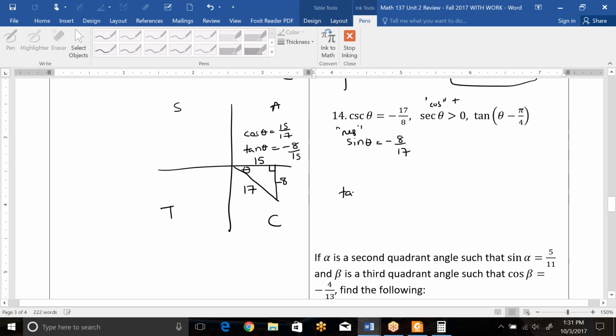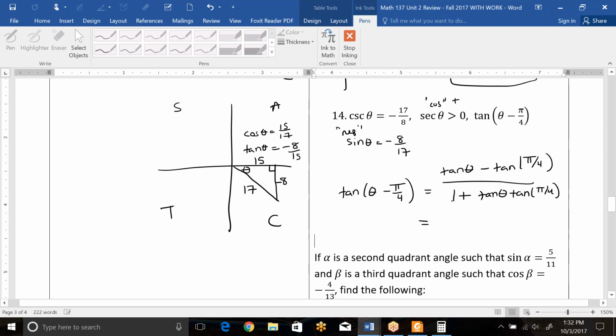So in the tan formula, we have theta minus pi over 4. That means we're doing tan of theta minus tan of pi over 4, over 1 plus, because we changed signs on the bottom, tan of theta times tan of pi over 4. Okay, so tan of theta is negative 8 over 15. Tan of pi over 4, remember that's a 45-degree angle. And in a 45-degree angle, you have square root of 2 over 2, square root of 2 over 2, and 1. Tangent's always 1 here, so this is going to be minus 1, over 1 plus negative 8 over 15